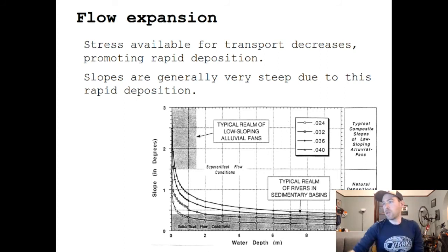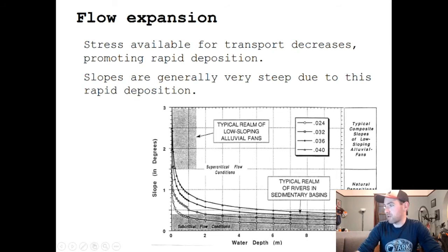And so as you immediately exit that canyon mouth, you start dumping sediment really quickly, okay? And so you end up with relatively steep slopes in the very proximal parts of the canyon here because of that, right? So you can see in this diagram, this is the depth and slope of a